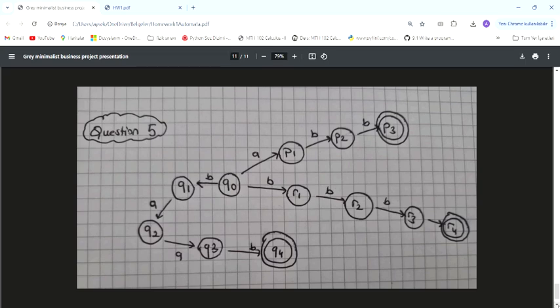Transitions from Q0: if we see a B, we can go to Q1 for BABAB, or R1 for BBBBB. If we see an A, we can go to P0 for ABBB. From Q1, we transition